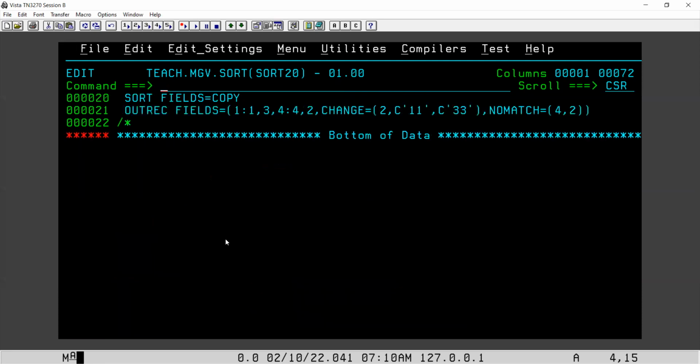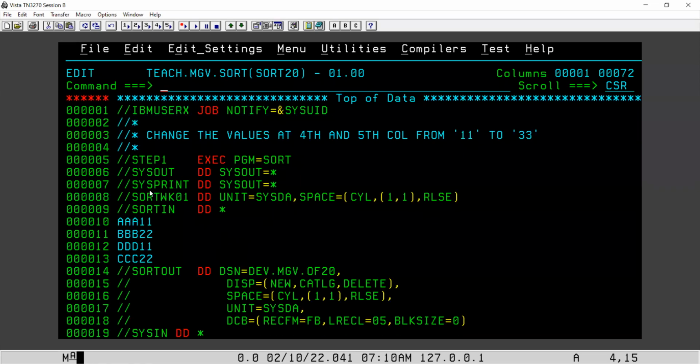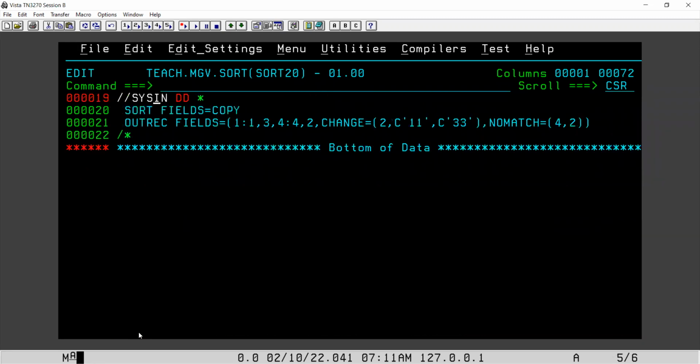Now coming to the job. So our input data is here, our output file is here. Now coming to the control card. If you want to scroll down, you need to place your cursor in that row, anywhere in that row, and just press F8. Then only you are able to scroll it down. For that you need to have the CSR cursor. It depends on the cursor. If you keep it on page,